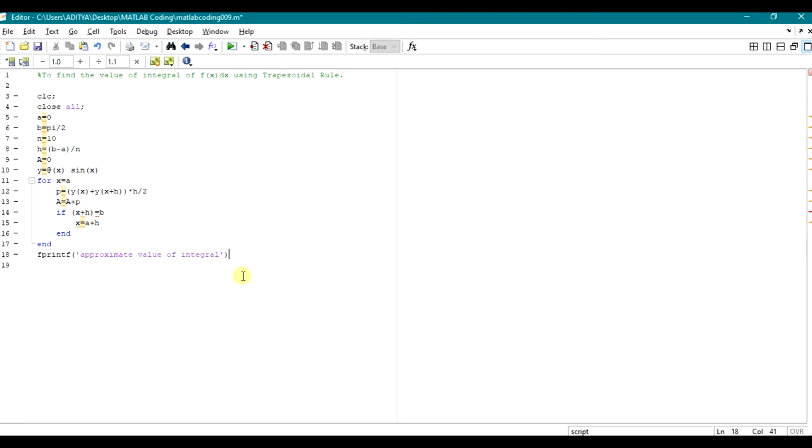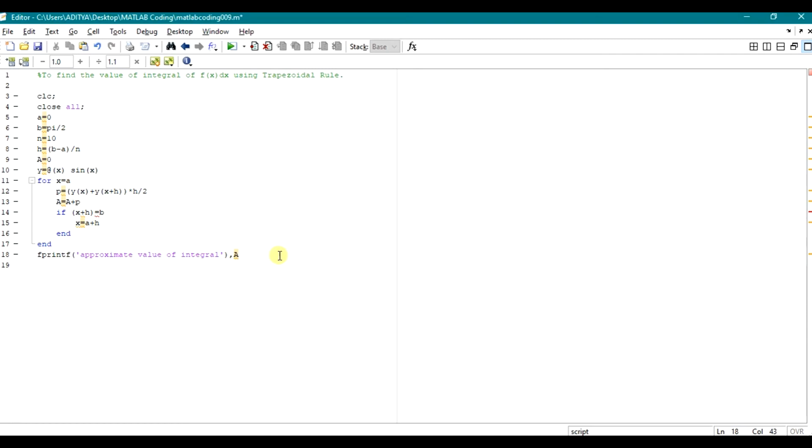Yeah, guys. So just before showing you the correct answer, I was thinking just to tell you one error which I've made. Actually, I made two errors intentionally, so I'm just eliminating one. If you have seen my previous video, I wrote fprintf approximate the value of integral, to which I have to allow the integral. I have not put it in the command coding, so the coding won't know where I have to show the value. So I'll put here comma A.